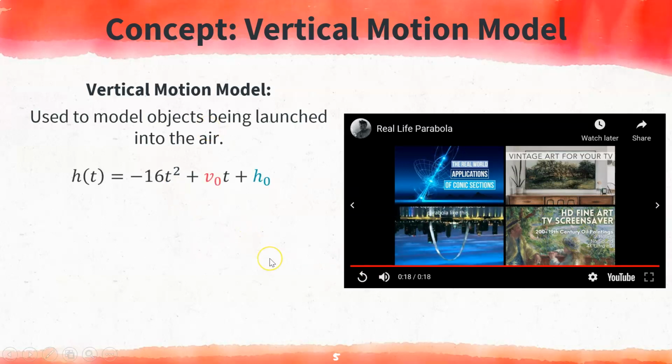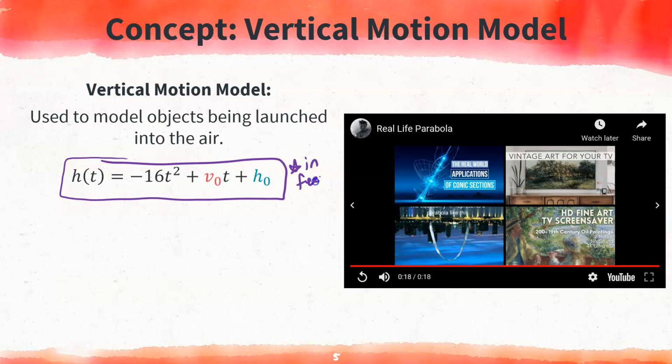All right, so anytime you have vertical motion, this is going to be the equation that we use if the problem is in feet and seconds. When you move on to other levels of math, you'll start to see meters per second. You might see that in some of your science classes as well. But in this class, we're only going to do problems with feet per second. Okay, so we're going to use the formula h of t equals negative 16t squared plus v sub 0 t